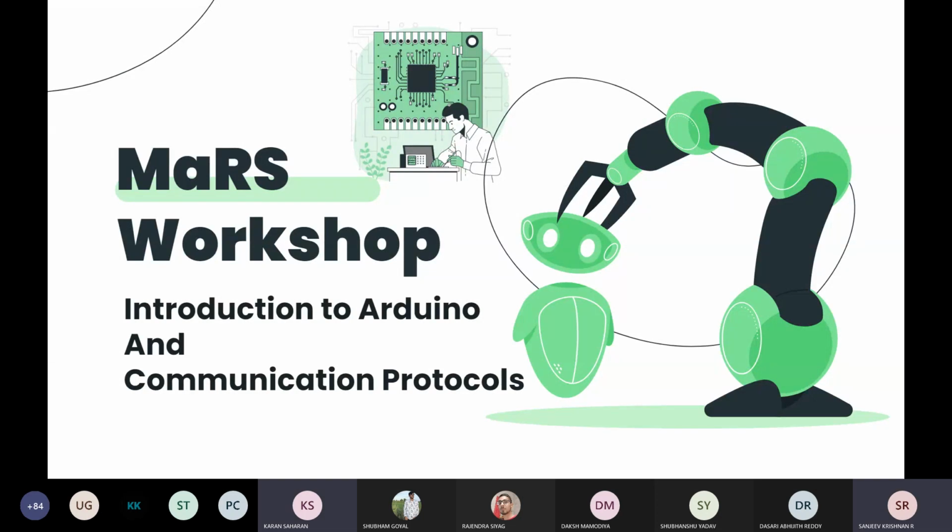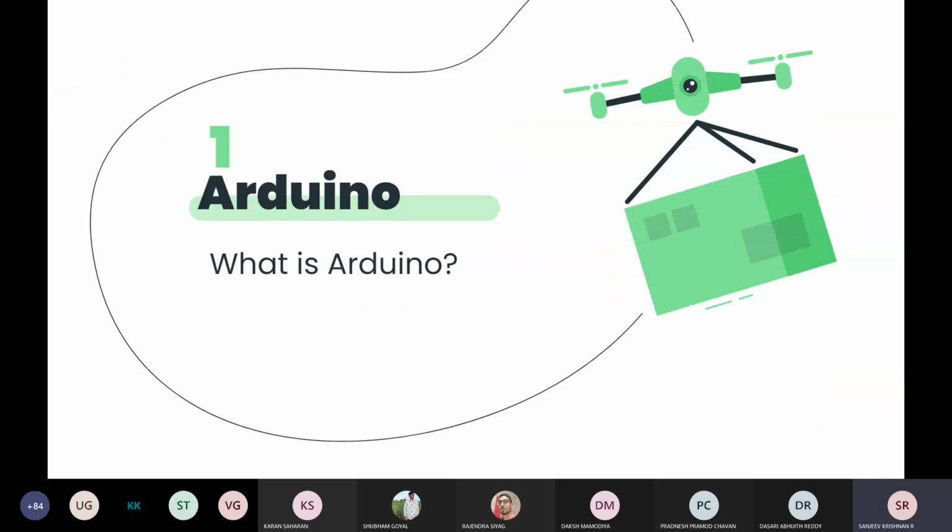So I'm Sanjeev Krishnan from Architecture third year, and I am part of the Mars Electronics team. This is the first workshop, Introduction to Arduino and Communication Protocols. The first part is Arduino. One more thing I want to tell you is there are so many tutorials available online, right?